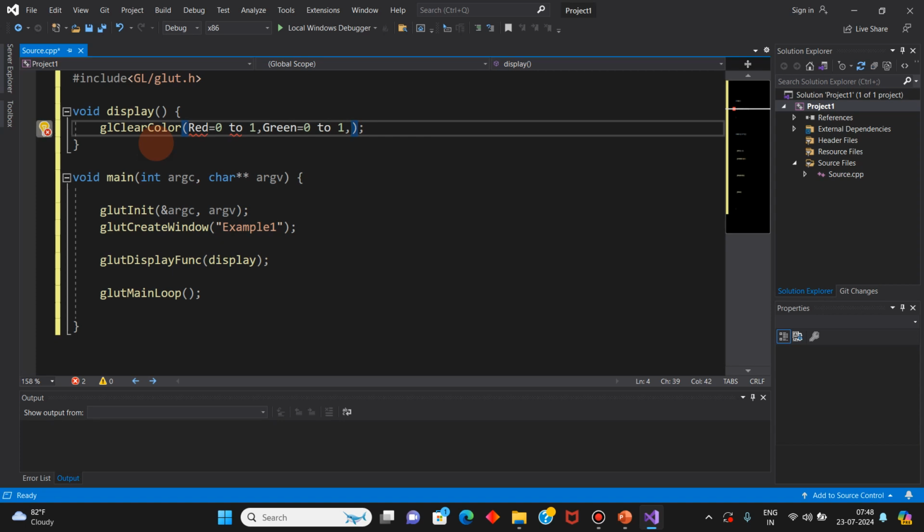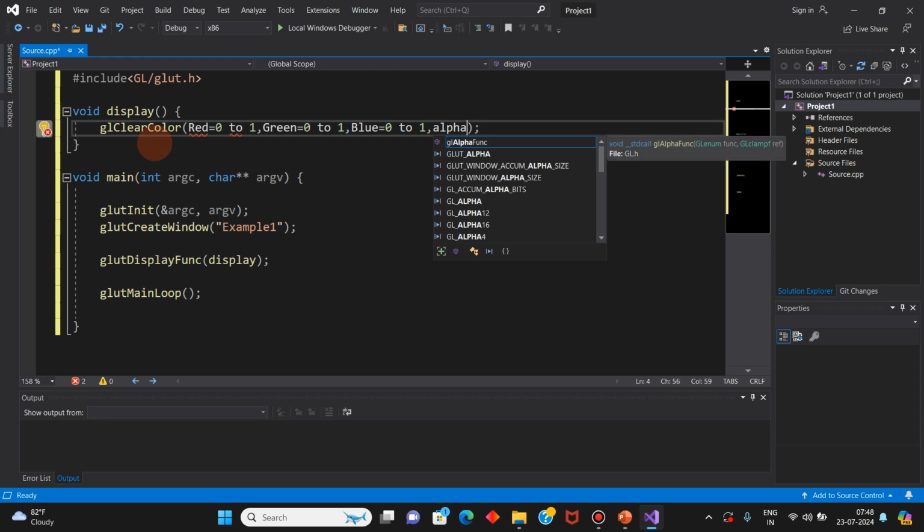And the third argument will be the shade of blue in your color, ranging from 0 to 1. 0 means no intensity of blue and 1 means full blue intensity is being used. The last argument, which we will not be using in this code, is alpha, or transparency. This will add transparency to your window background.